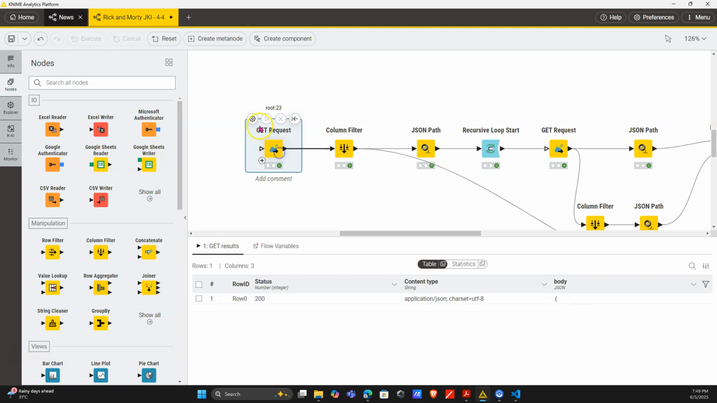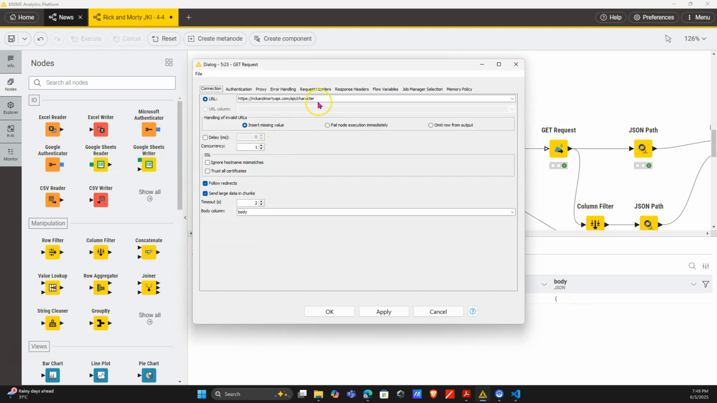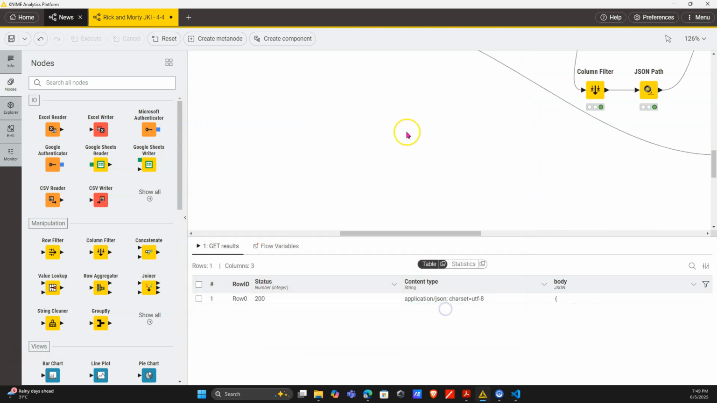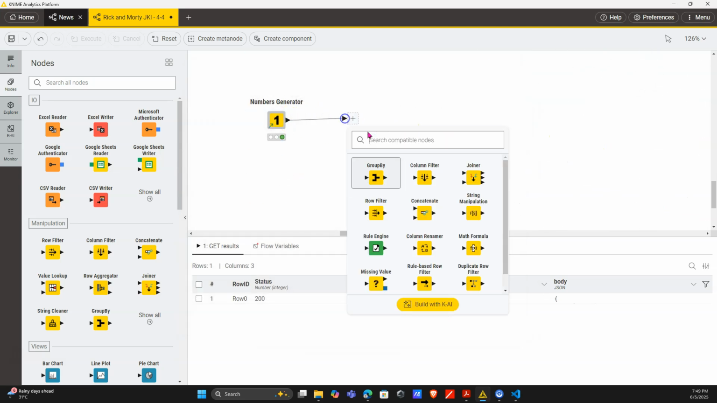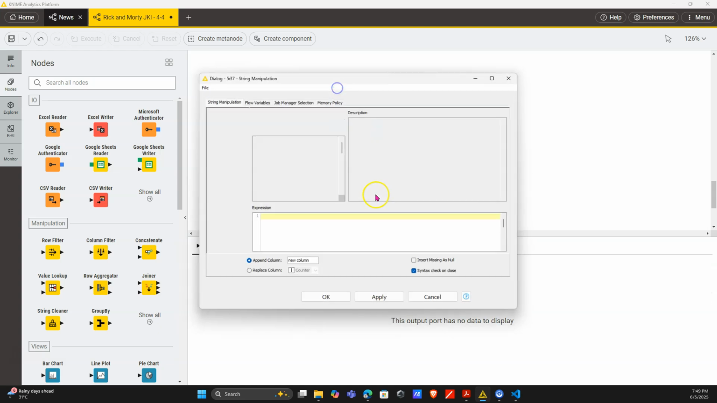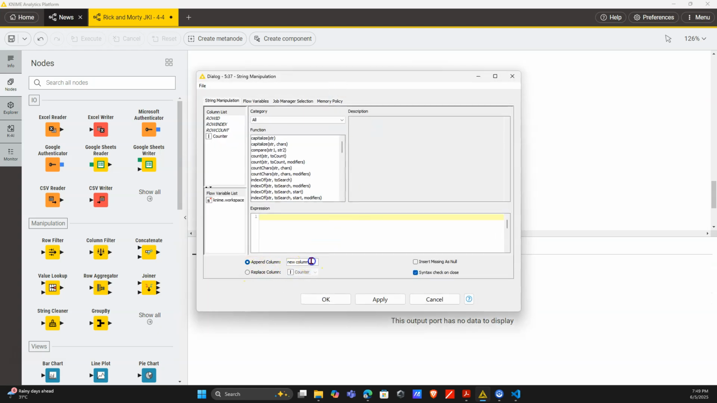So now I'm going to come here and copy the API URL. And I'm going to go straight into a string manipulation node and construct my API. So I'm going to make a new column called URL. And I am going to join